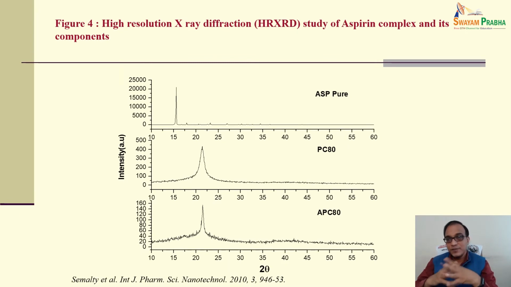Again, in case of aspirin, we can see that APC 80, aspirin phosphatidylcholine 80, is again from our lab publication. This complex is clearly showing that the aspirin, which is very crystalline in nature, is becoming amorphized when it is in the complex form, and the complete change and the removal of crystalline sharp peaks are clearly evident here. Okay,